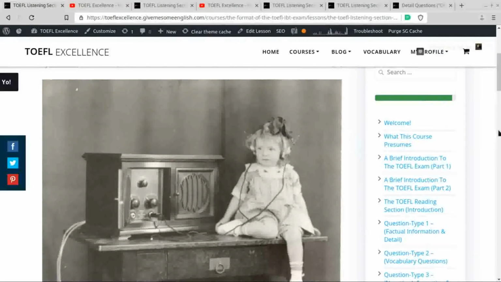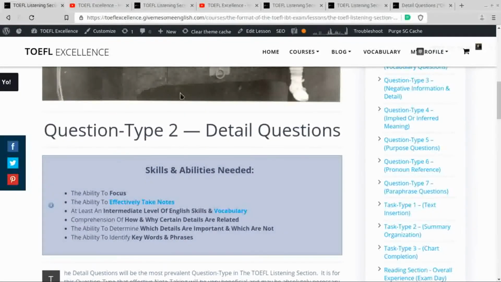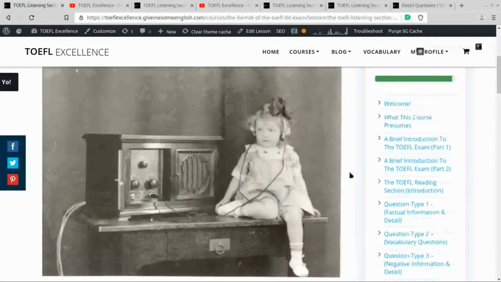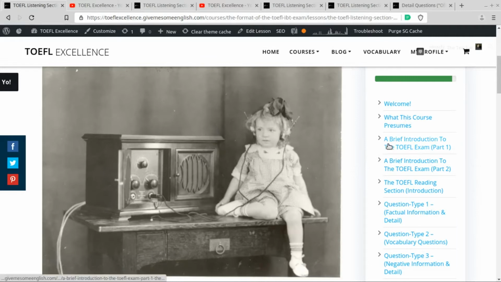Okay, welcome back. Now we are on the second question type in the TOEFL Excellence course about the listening section. This is the detail questions of the listening section. Now this is very similar to the factual information and detail questions in the reading section. Obviously, the only difference is you're getting the information from a listening file or audio file instead of a reading